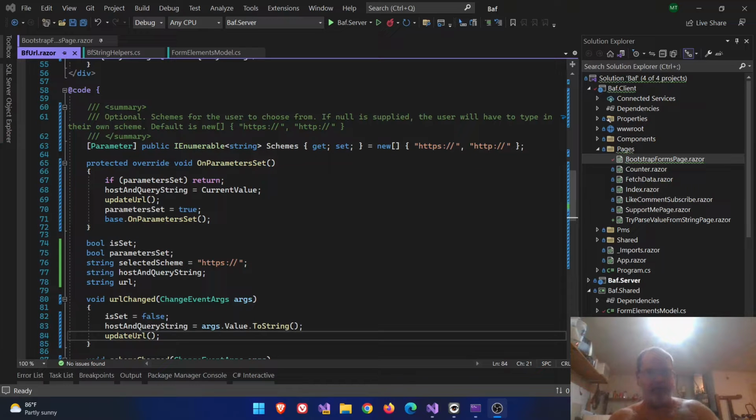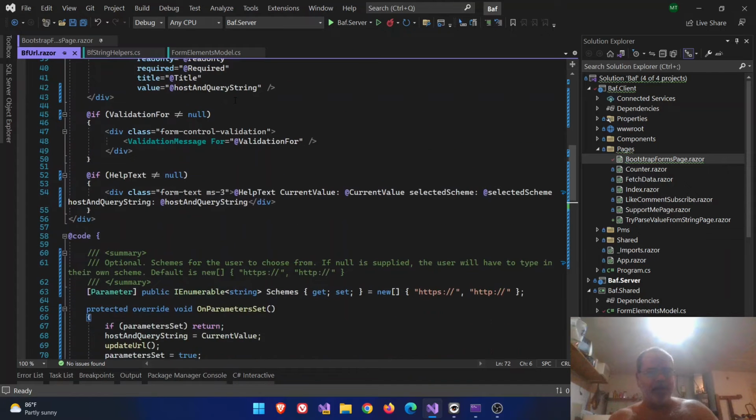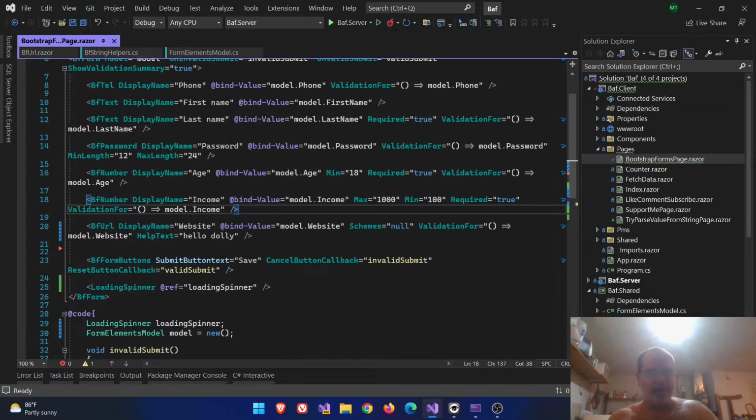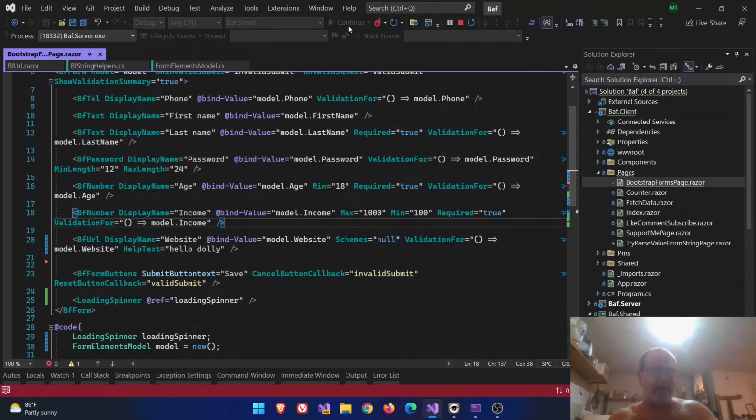Alright, I'm not too sure how proud I am of this code. And I don't know where I left it off for the last video, but this is what I ended up doing for this URL thing. I have an enumerable here of schemes that defaults to the two more common ones. And if you put null in as a parameter for that, so over here, schemes equals null, and if we run that,